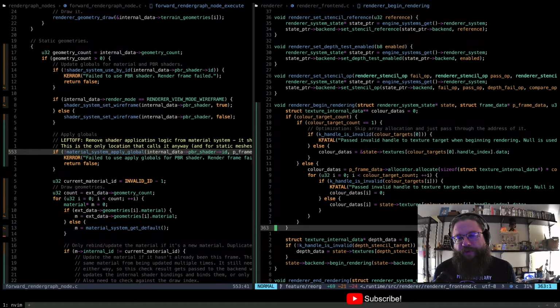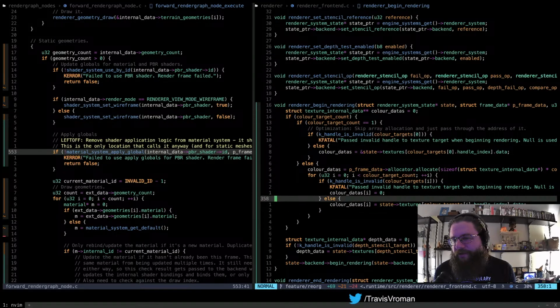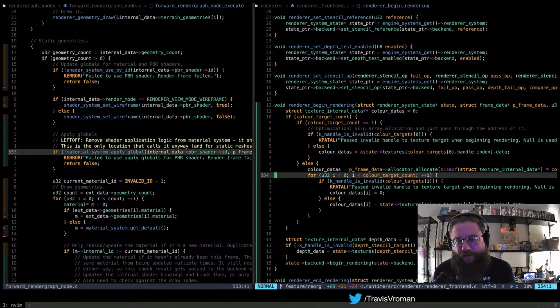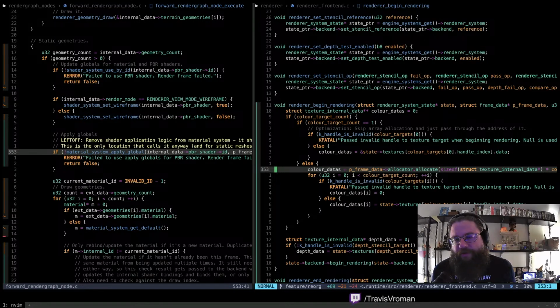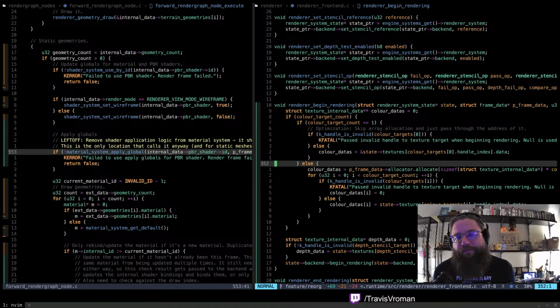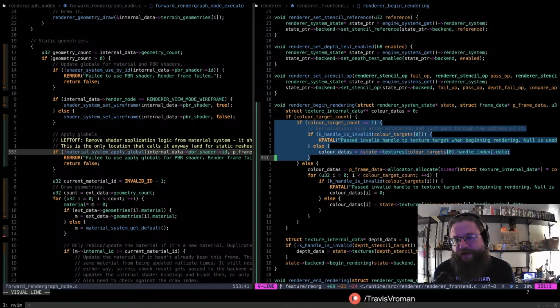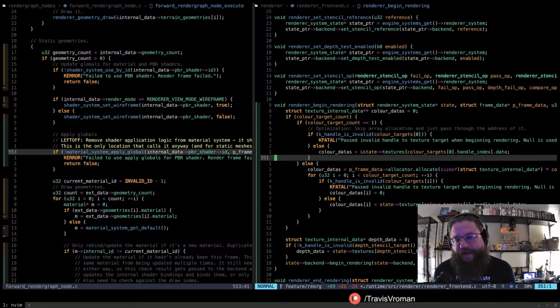So there's not a crazy amount of things going on here, just a little bit of dynamic allocation, but it's using our frame allocator, which, if you recall, is a linear allocator, so it's super fast, because there's minimal overhead there. So if we have to do that, it's not a big deal. We just go ahead and do that. But in most cases, we're not going to be doing that, which is why I have this special case here for a single color attachment.